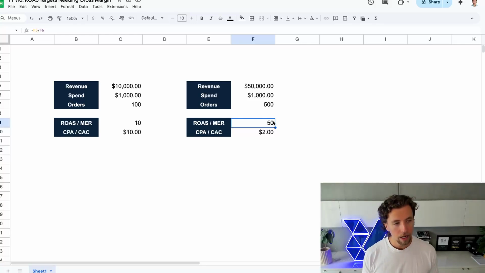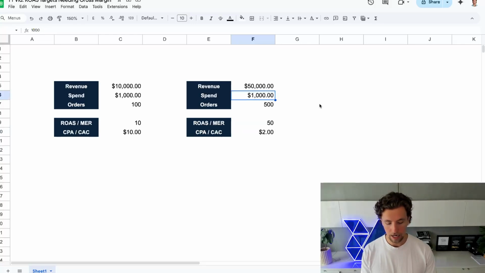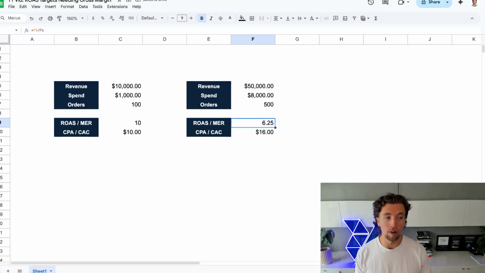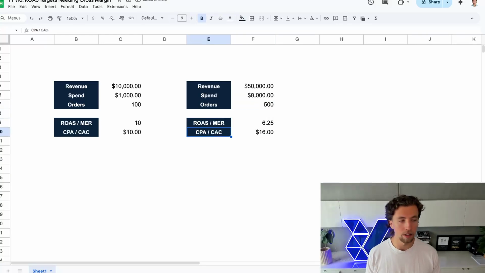make money? Now, if I don't know your gross margins and I don't know any of the unit economics of your business, I'm just going to go, well, to be honest, from my experience on scaling at this kind of rate, I would probably expect that we'd need to spend about this much. So ROAS is going to go down to 6.2 and CAC's going to go up to 16.